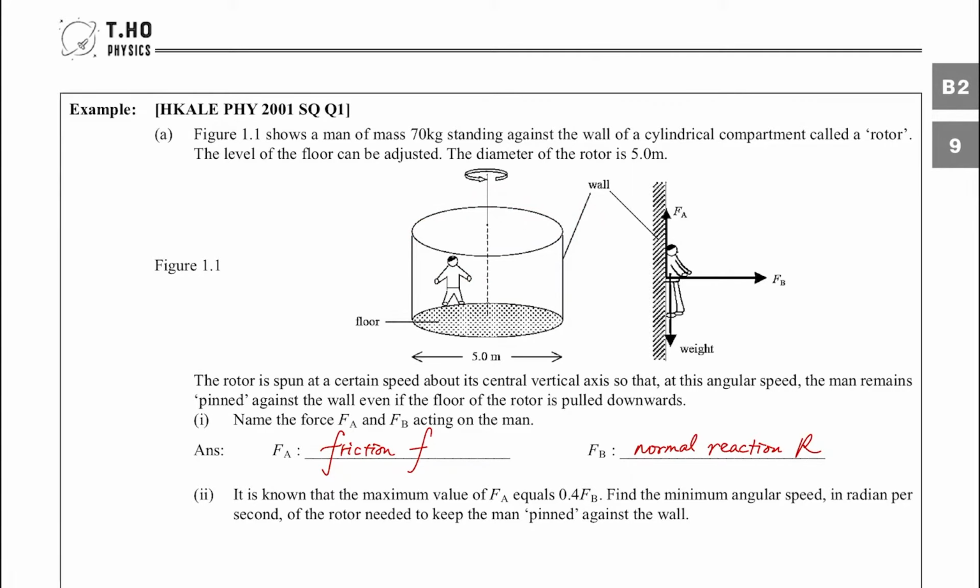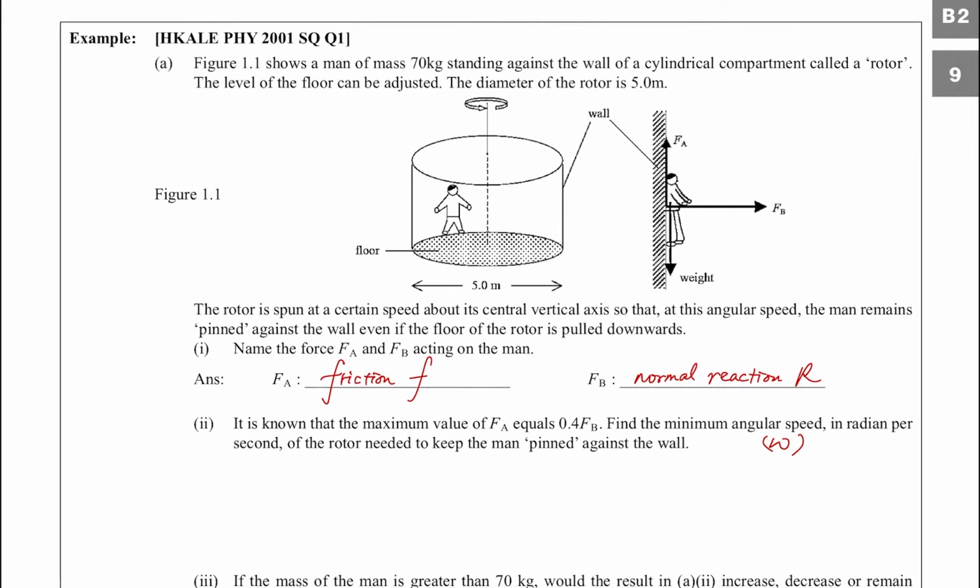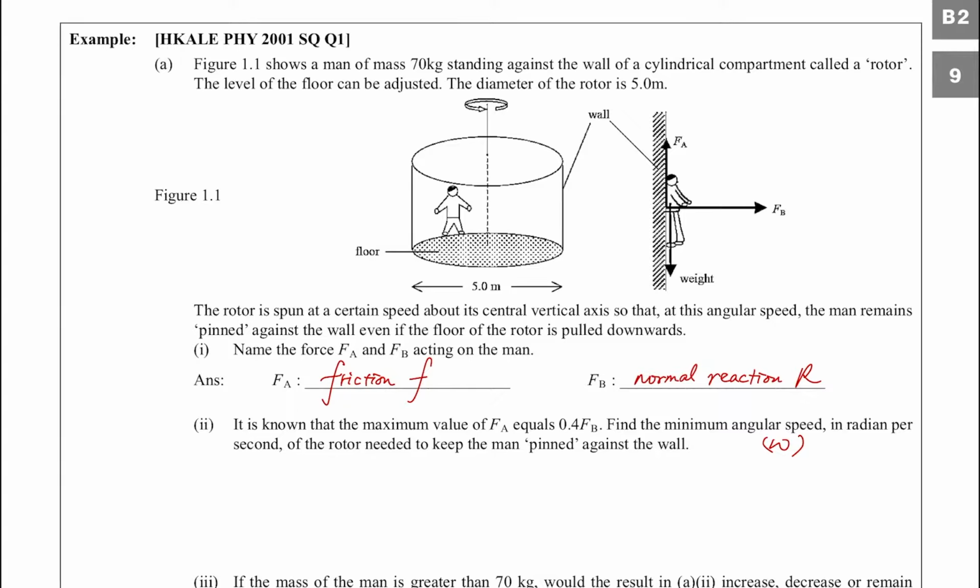Part 2. So we know that when the rotor is rotating, the man will be pinned to the wall. In that case, that means upward force is equals to downward force. The friction has been balancing the mg. So we would like to know what is the minimum angular speed. That means we would like to find the omega to keep the man pinned